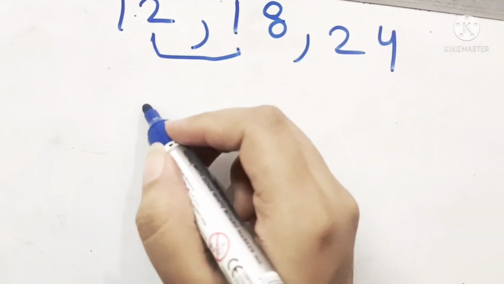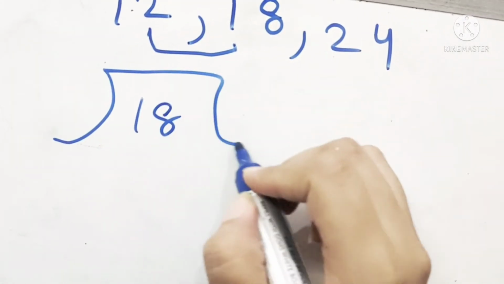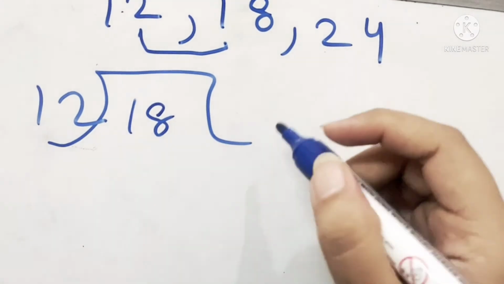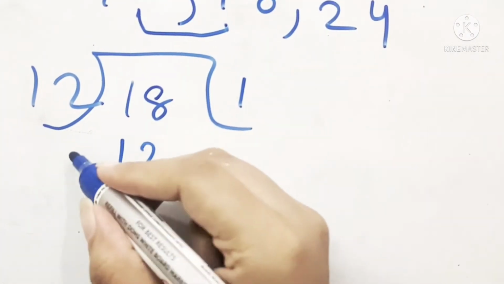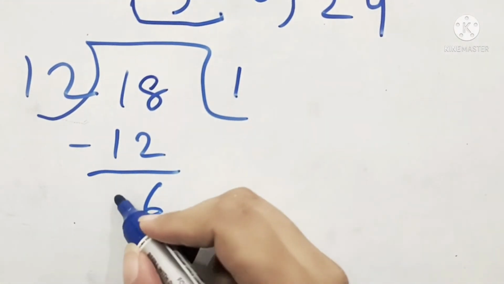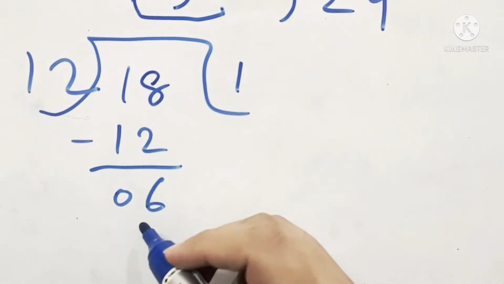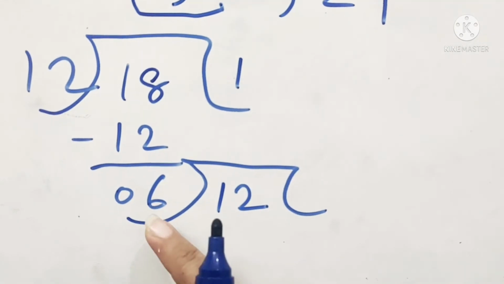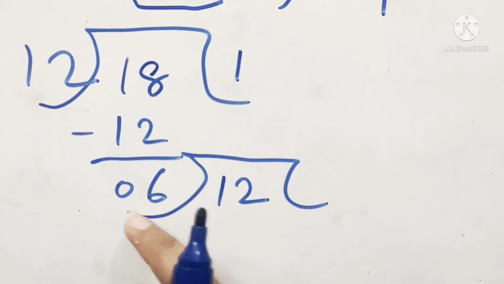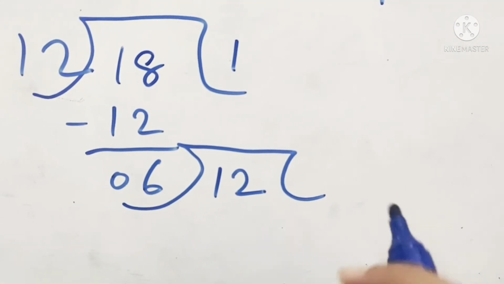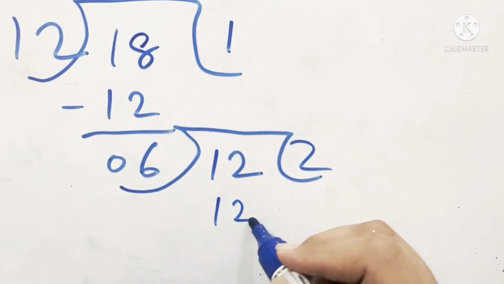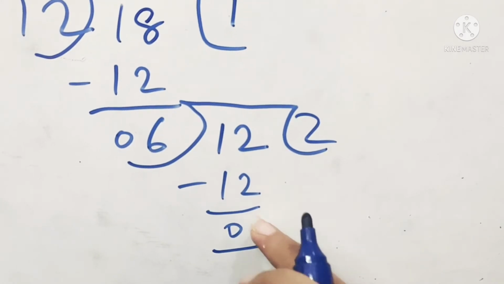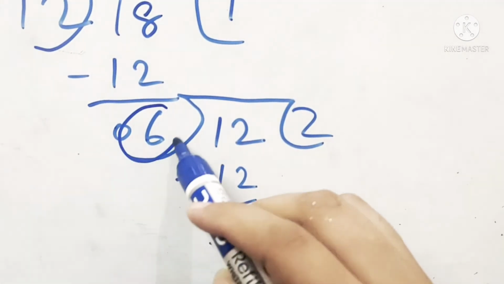Like suppose if I take the HCF of 18 and 12, since 18 is bigger so it will come inside the bar, and 12 is smaller, it will come outside the bar. So now 12 into 1 will be 12 because it is smaller than 18. 8 minus 2 is 6, 1 minus 1 is 0. Now what will I do is I will carry this 12 inside the bar, because I have not got 0, so that means I will carry my divisor over here. So 6 into 2 will be 12. So my answer I have got it as 0, and the divisor which gave me 0 was 6. So that means my HCF is coming out to be 6.